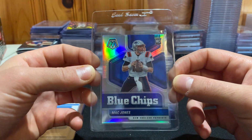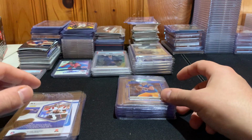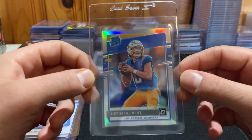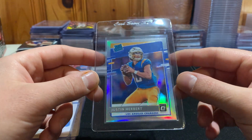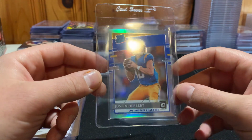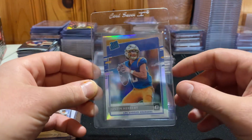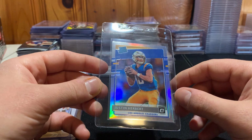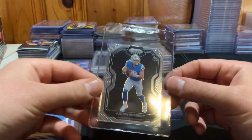This is another one of Anthony's. This is a Blue Chips Silver, nice card. And then this is one of the bigger ones that we're sending in. The Justin Herbert Hollow from Optic. Beautiful looking card. Seems to be in pretty good condition. Maybe a little off-centered, but I think it's pretty good. So there's that, and then got a Justin Herbert Prism Black,